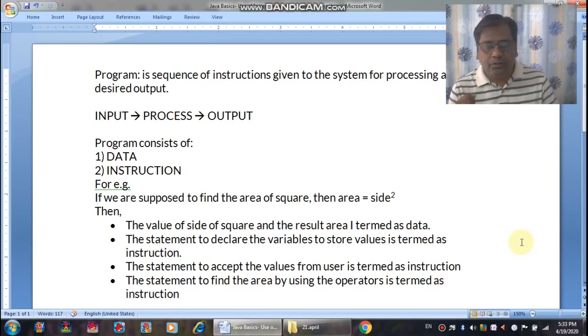Number 2, there are certain words which you are supposed to create in the program. That means the words that are created by the user in the program are termed as identifiers. That means when we are writing a program, we need the words provided by Java, keywords. There are certain words that the user has to write. We need keywords and identifiers.